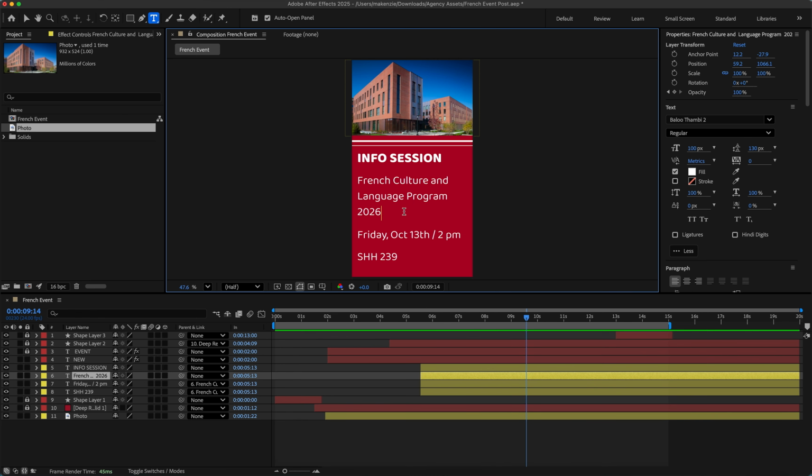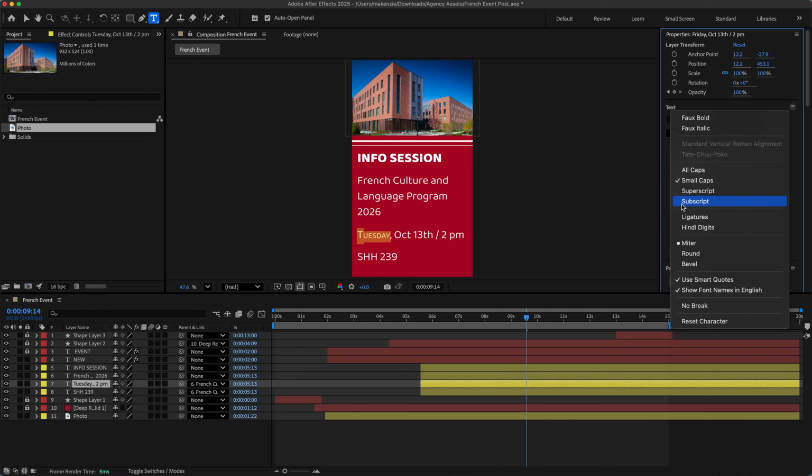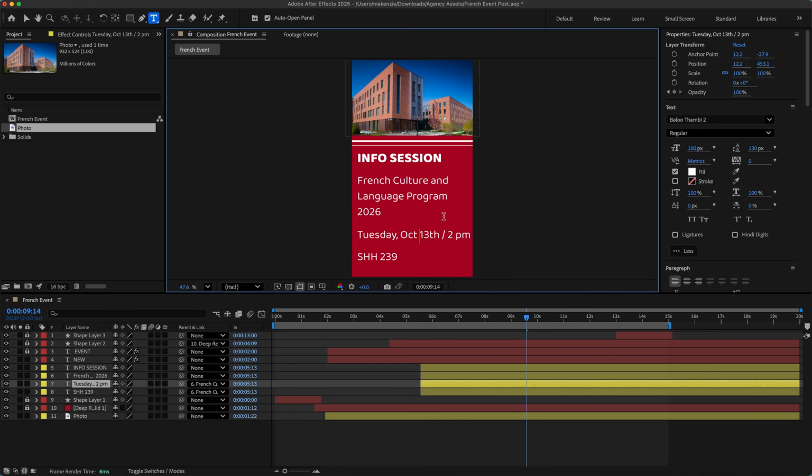If you need to change the information, you just go right here, type whatever you need. Let's say you want to change, let's go to Friday, let's change the date. Let's say you want to do like Tuesday. Now, if it looks like this where it's all caps and you want it just to be regular lowercase, just come over here, it's locked on the small caps, press it, and then it'll change it back. So let's say, let's go December